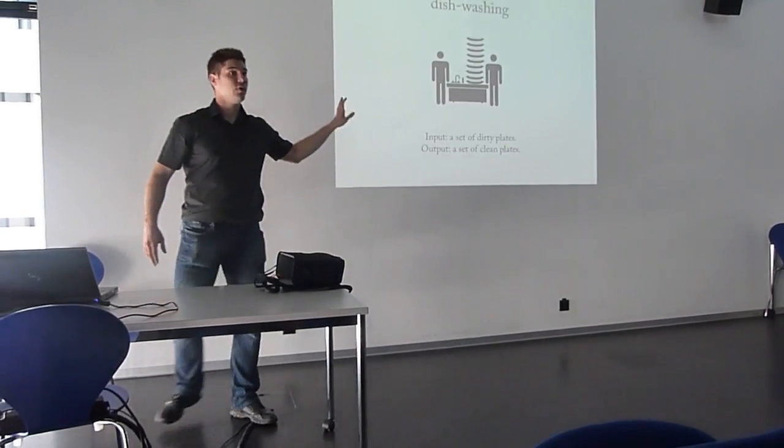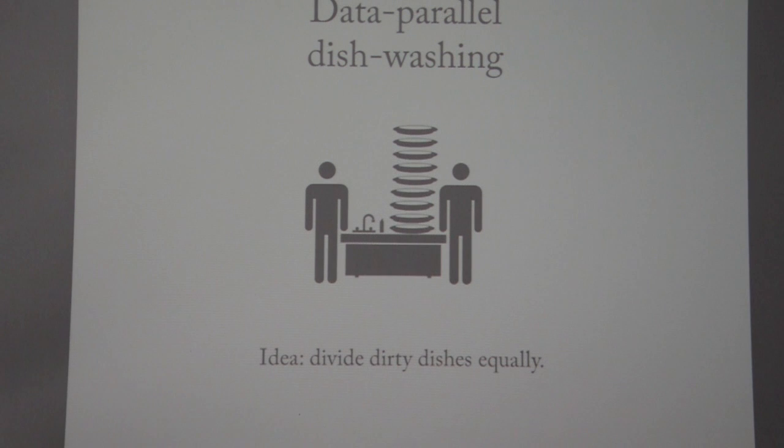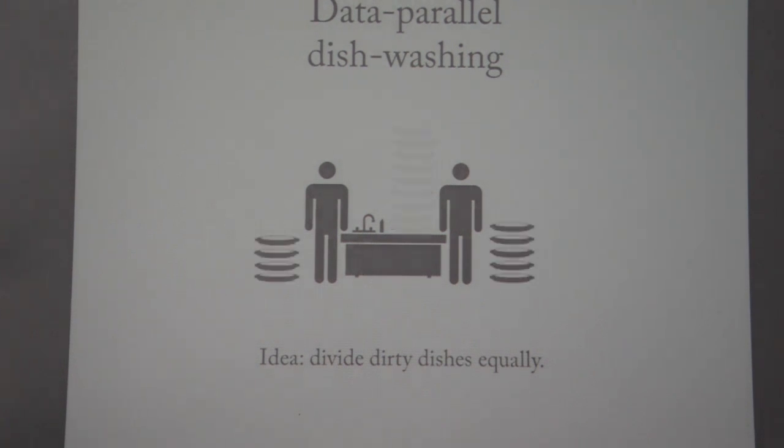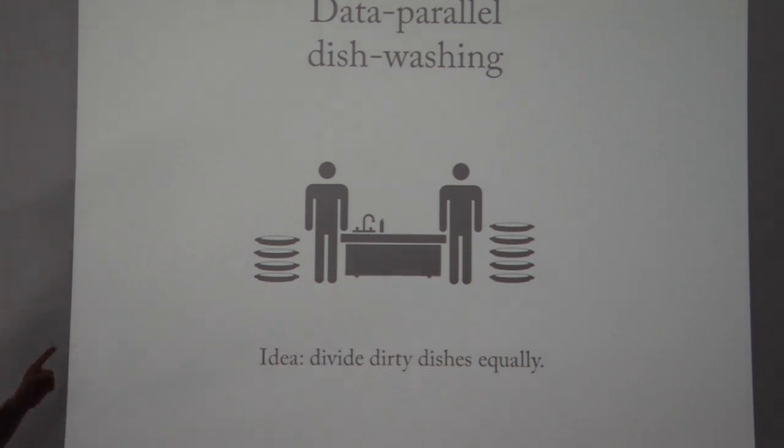Let's assume that you have two workers here. So what can they do? Here's one natural idea: just take these plates, which are here, and divide them equally. Take one half, give it to the left guy, the other to the right. They're not exactly an even number of plates. This one gets 4, the other gets 5, but we can conclude this is good enough.